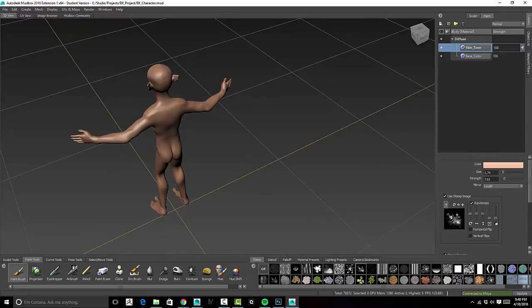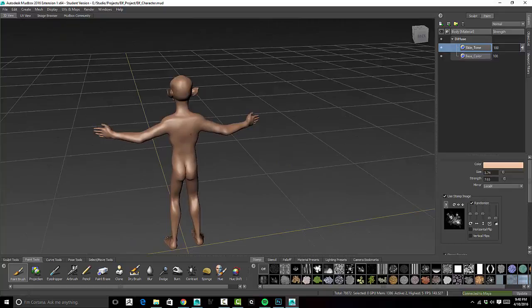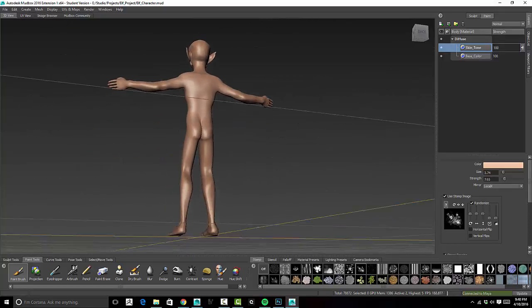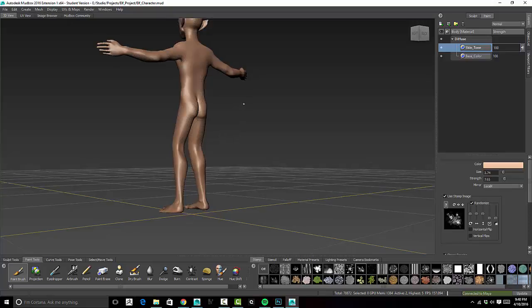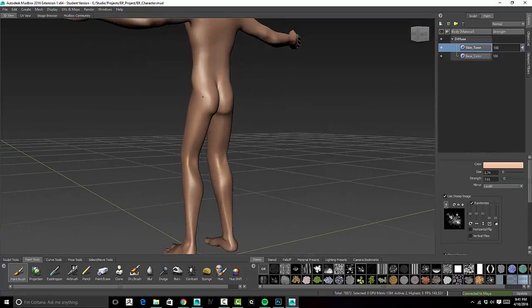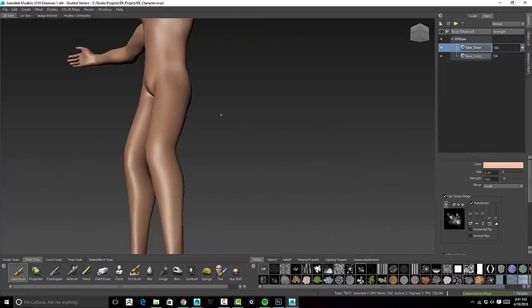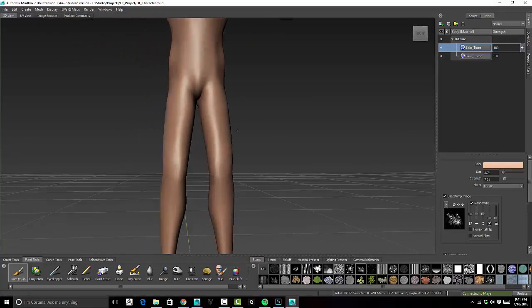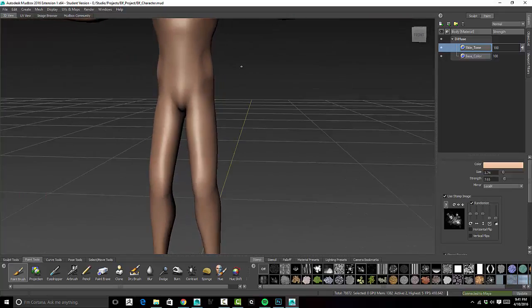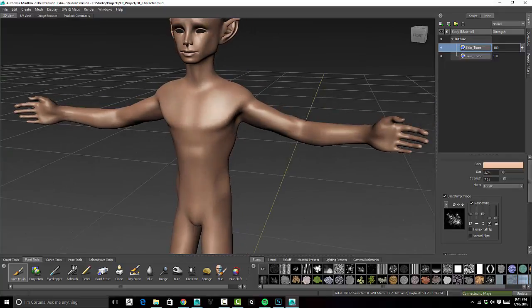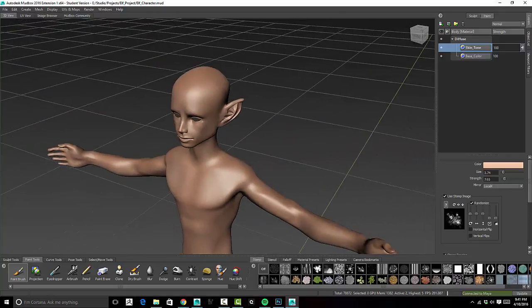A lot of this doesn't matter too much because it's not going to be seen, but I'm a big fan of saying that the little, subtle details all adding up make something look a lot more realistic. It's the things that you don't think you notice, but you do notice, that make something super detailed and kind of cool. So just giving all this a subtle texture,